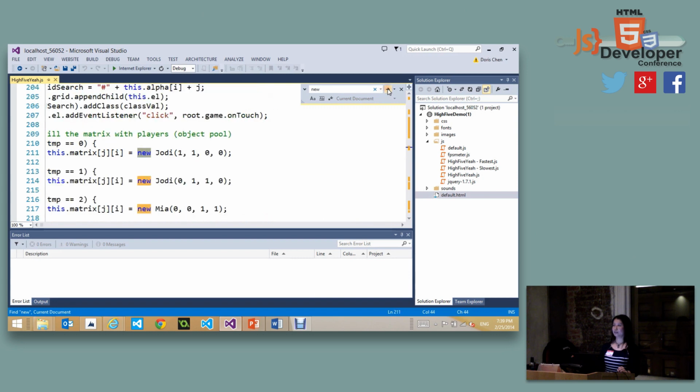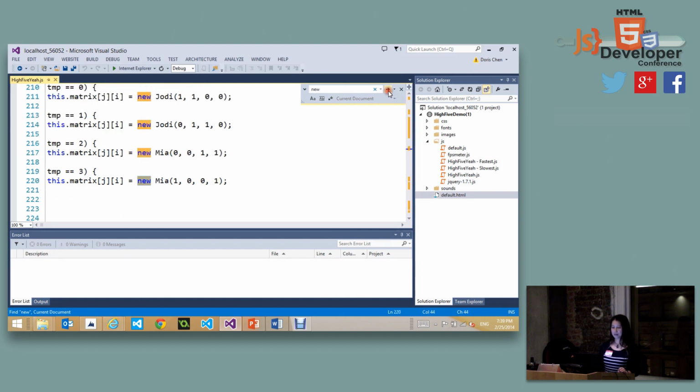That looks okay. And then I'm also using what we call an object pool to initialize this matrix. It represents 4 different directions: north, east, west, south, and uses binary, like 1, 0, to represent different directions, right? Is it good? All right, that looks okay.